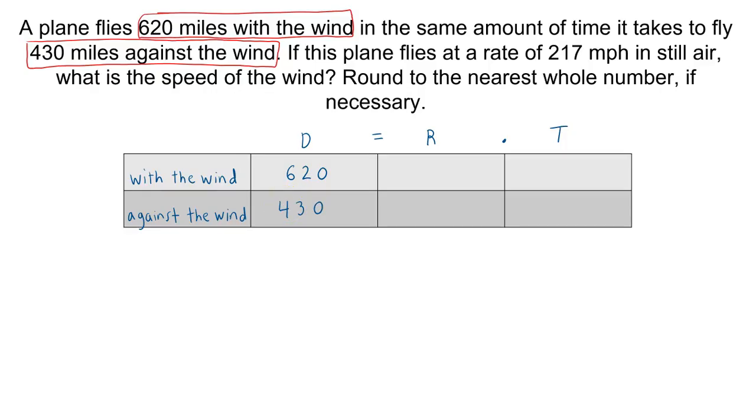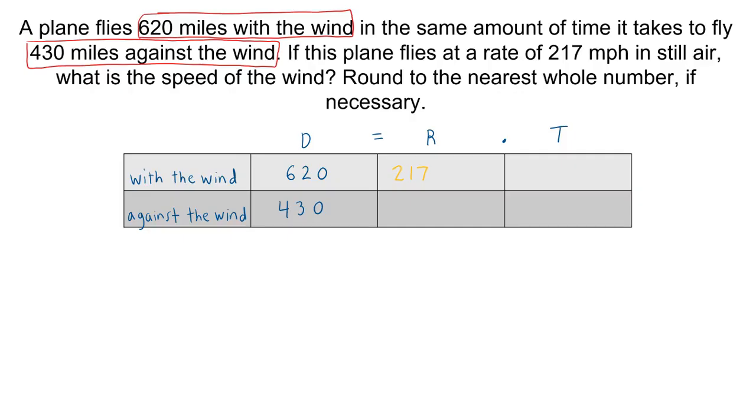Now this is where we have to use a little bit of intuition. We're told that the plane flies at a rate of 217 miles per hour in still air. That means that if there's no wind at all, this plane can fly at 217 miles per hour. But in our 2 scenarios, the plane is not flying in still air. It's either flying with the wind or against the wind. When a plane is flying with the wind, that means it's flying with the wind at its back. In other words, the wind is adding to the speed of the plane. So when we're flying with the wind, the speed is 217 miles per hour